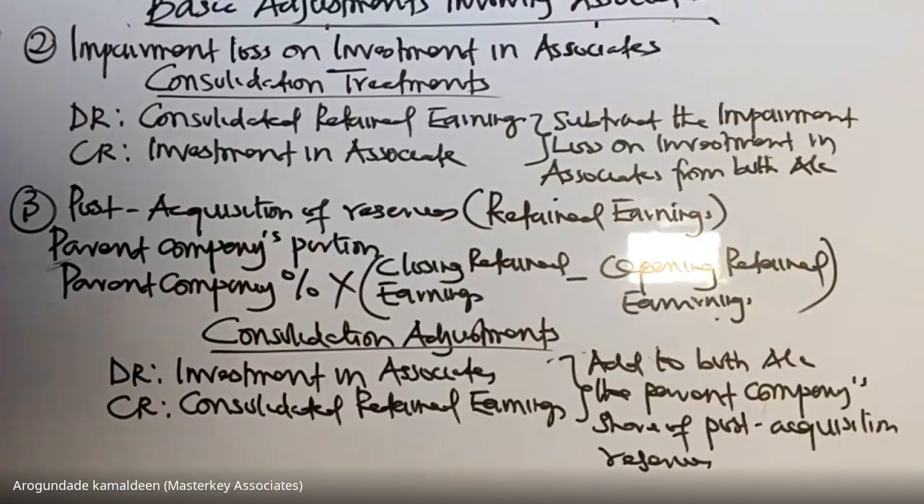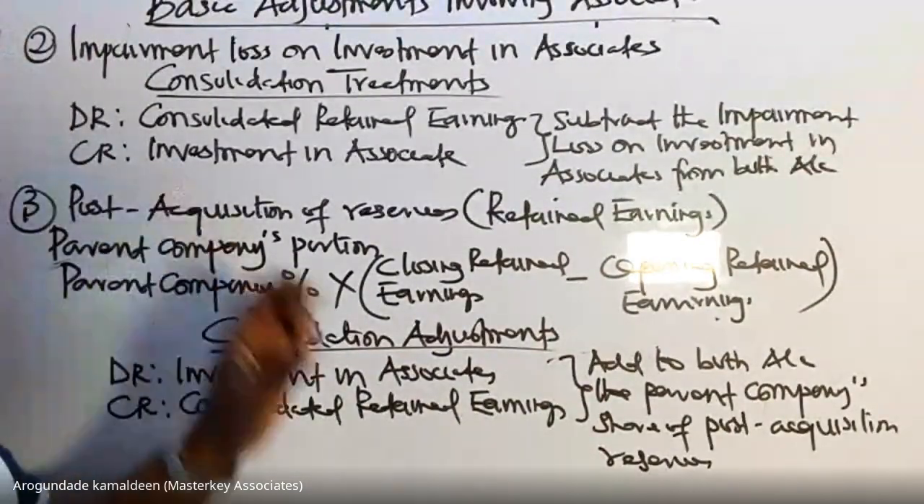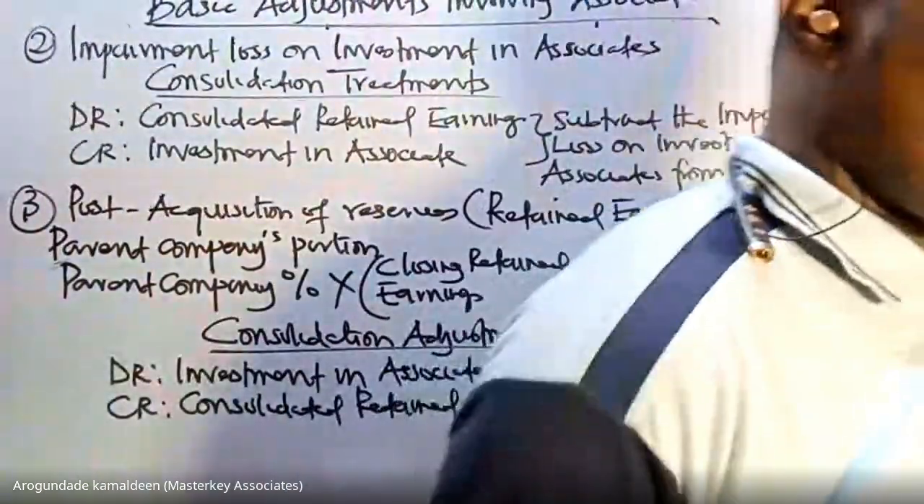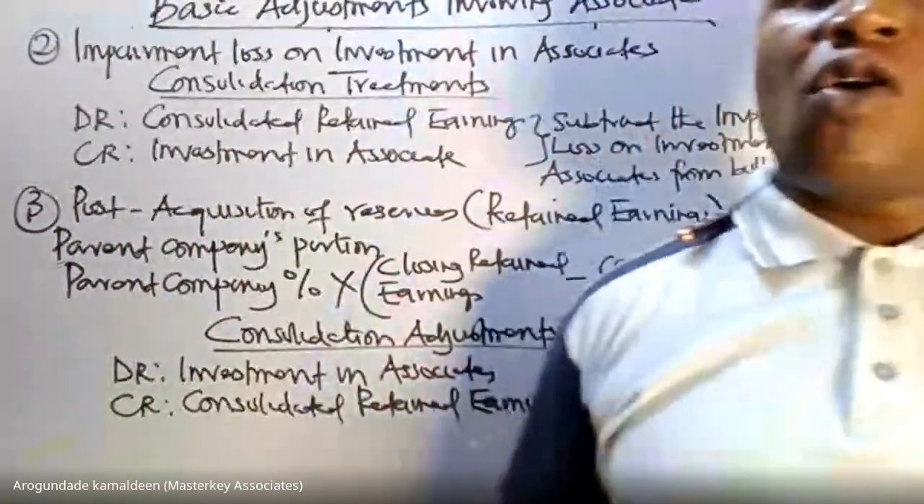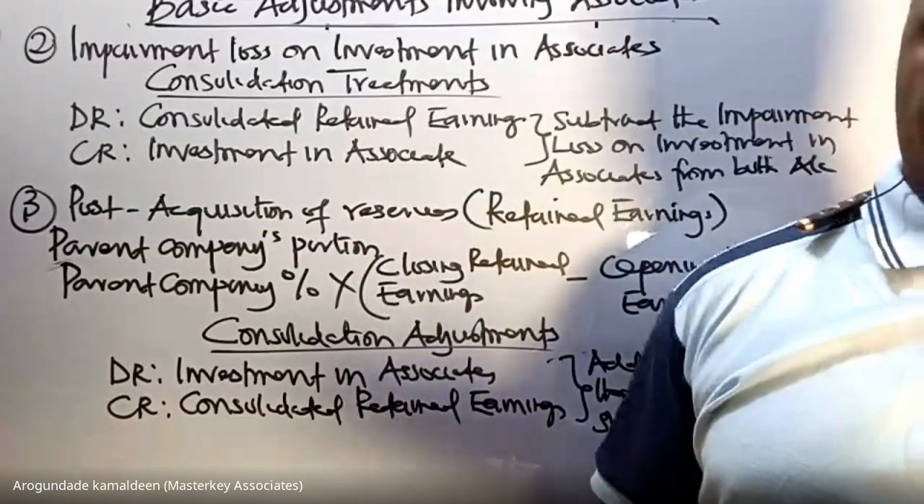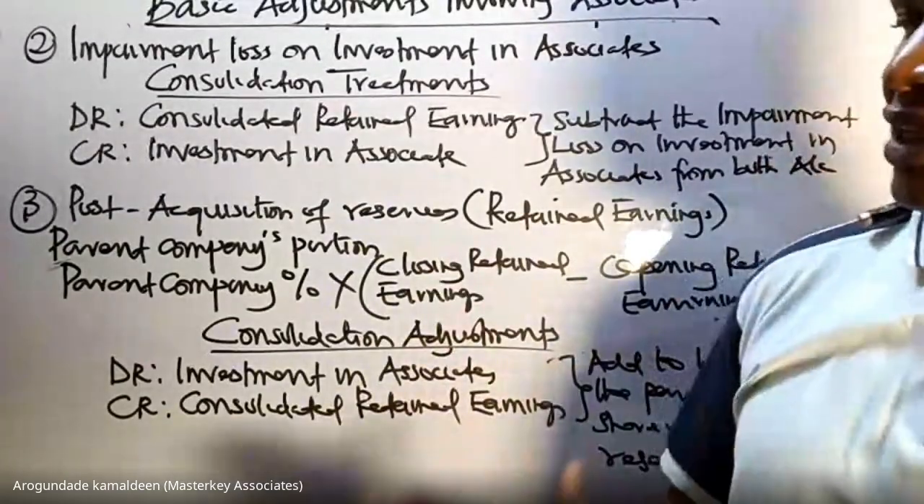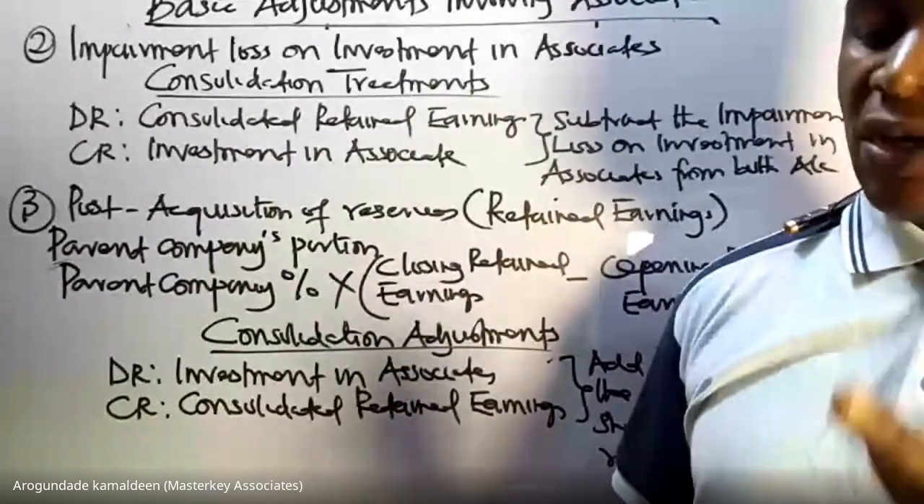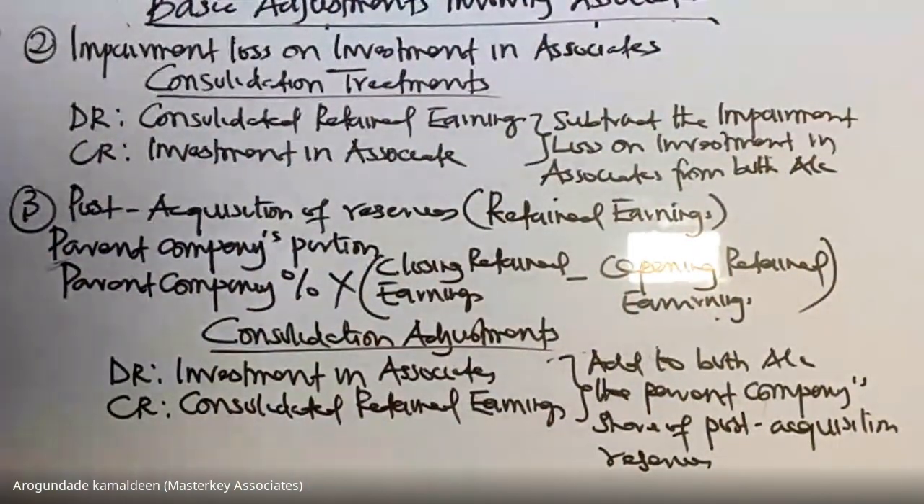So the last one now, class, apart from the retained earnings alone, you could also have things like other components of equity. Do it in the same way. So that is that. The last thing here I will show us is the loan,